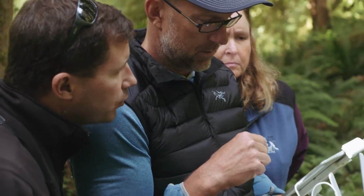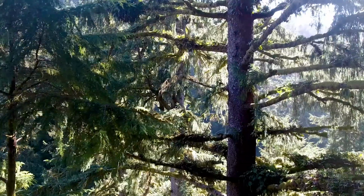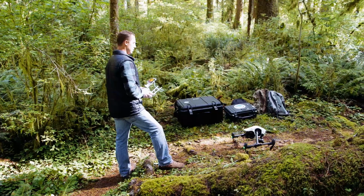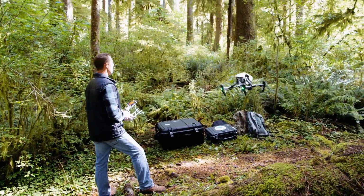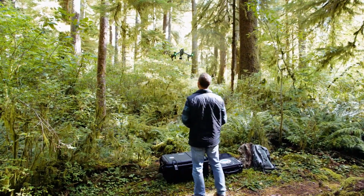NOAA's partnering with the Oregon State University and Oceans Unmanned to use both unmanned technology and FLIR equipment. And it gives us a much different view of the canopy than what we would have otherwise. NOAA uses unmanned technology for a variety of requirements, including biological monitoring. We found that the infrared technology is probably the best to find a bird in a tree, and FLIR has